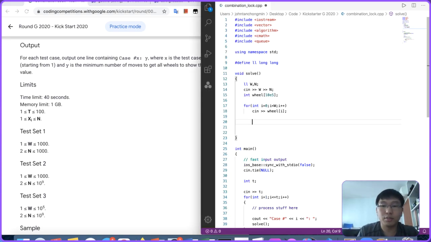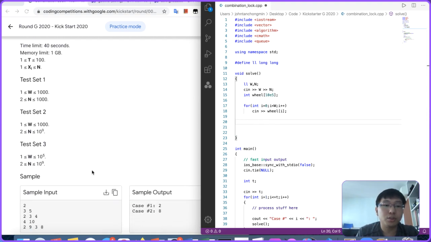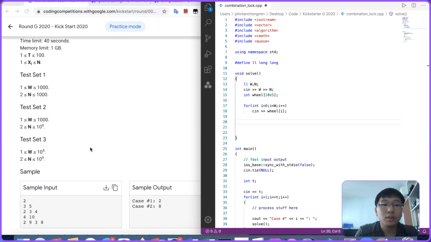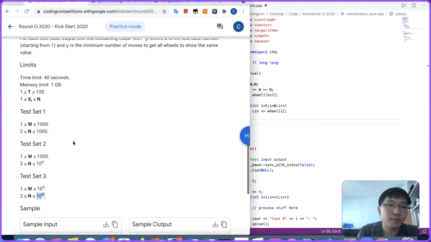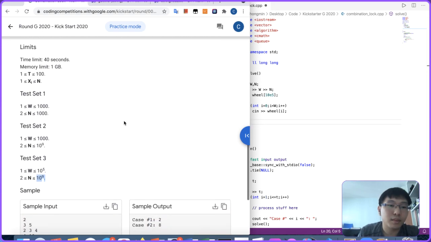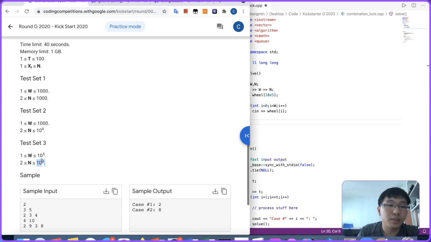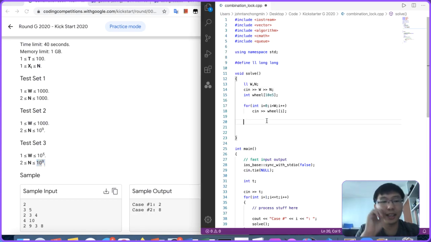Because if I were to solve this by doing, let's just shift all to 0. Oh, actually, if I were to shift all to the same value, and then move it up or down, then I actually can, but that will be a 10 to the power of 9 runtime. So yeah, let's just try doing this for loop with 10 to the power of 9, see whether it works first. I don't think it works, but you know,